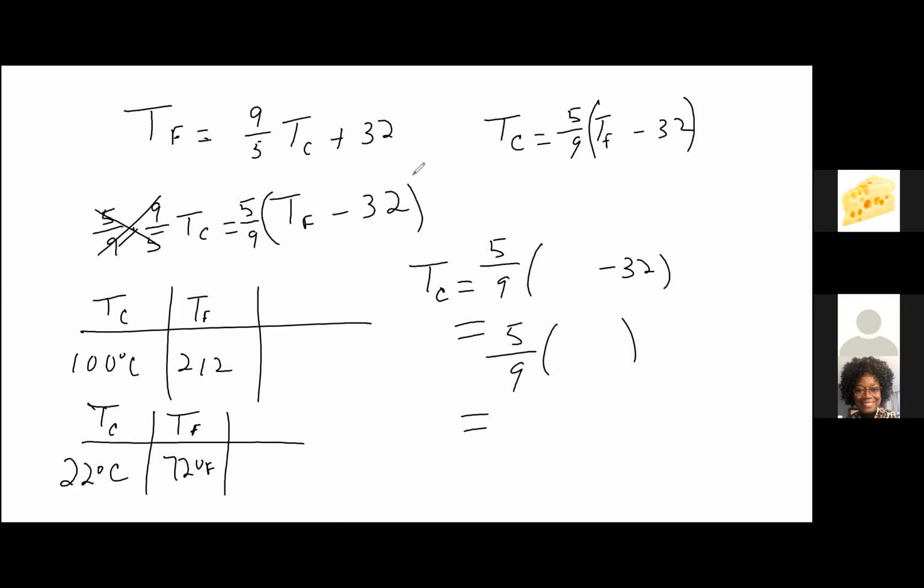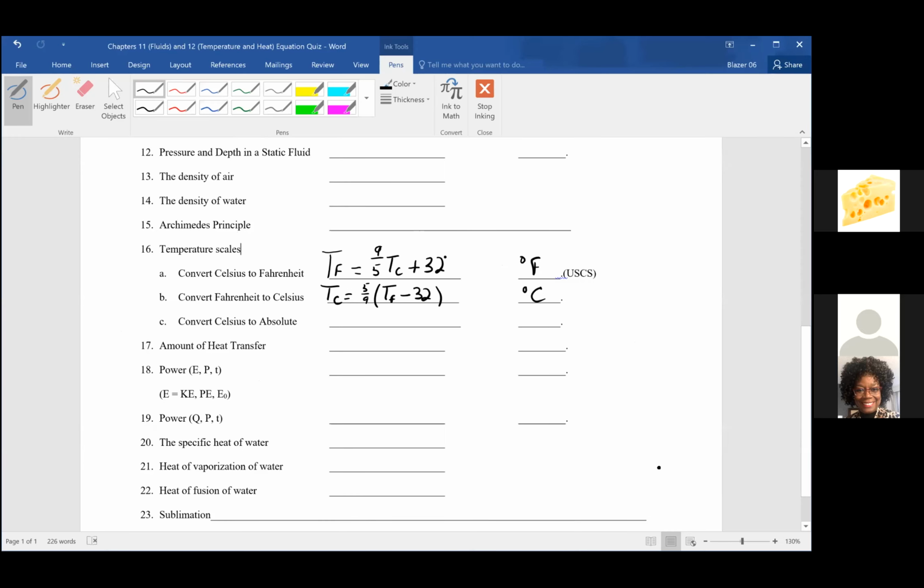Back to our chart. The other temperature scale is called the absolute scale. Now, this scale is very critical when you come to your gas laws. I'm going to try to cover a few of the gas laws. So it's called temperature Kelvin. It's the Kelvin scale, and it is simply the temperature Celsius plus